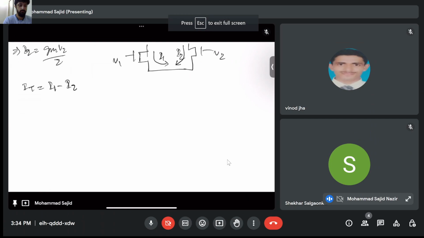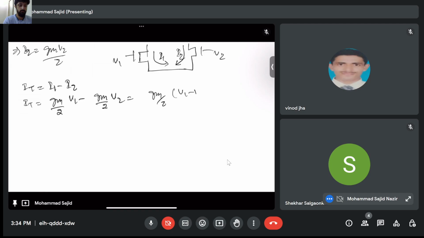So this is I1 minus I2. So your I total will be Gm by 2 V1 minus Gm by 2 V2. So this is Gm by 2 times (V1 minus V2). So this is your I total